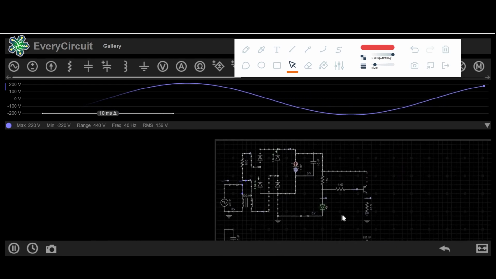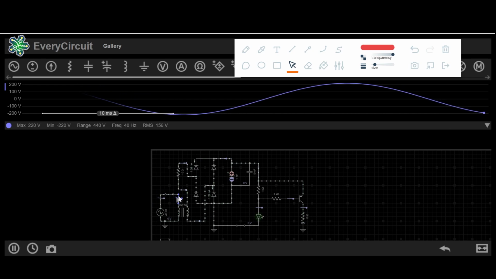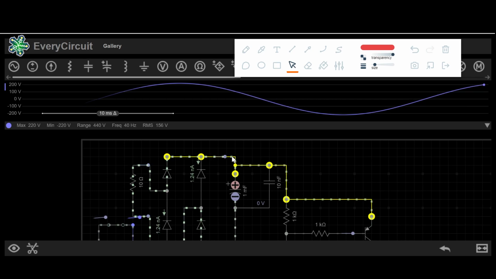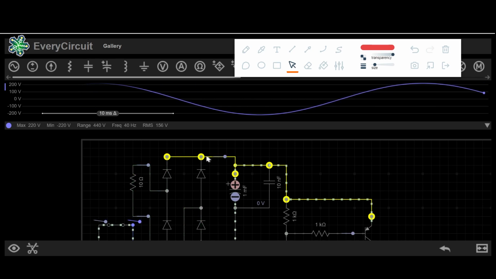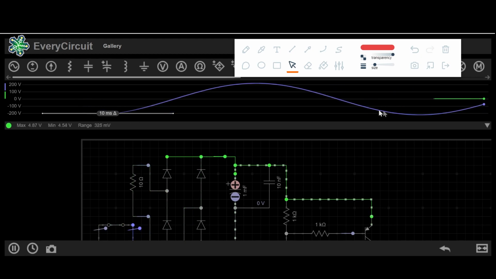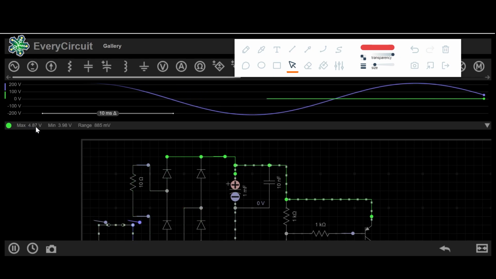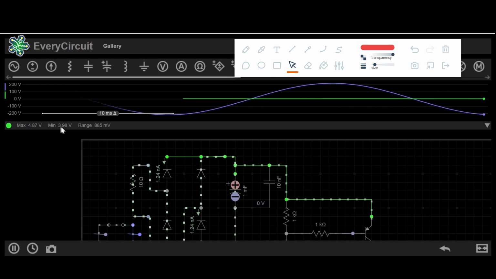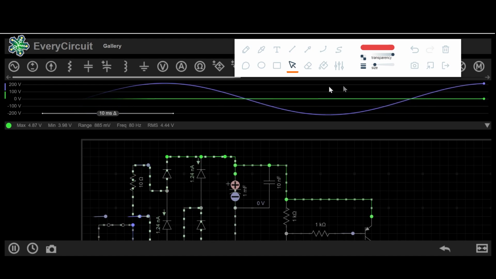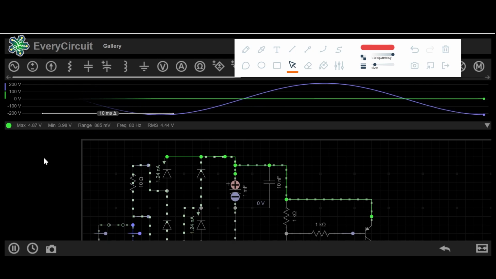And what is happening here? You see the fluctuating sinusoidal voltage of this power socket. But what voltage are we getting here after the diode? It's a flat voltage. You see the value in green: 4.87 is the max value and the minimum value is 3.98, so somewhat 4 only. So this fluctuation has gone out and it's giving a flat value,